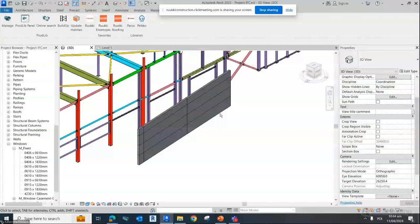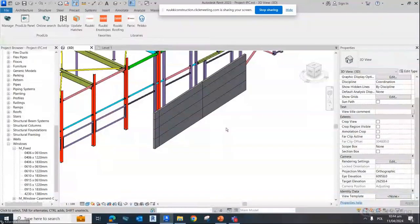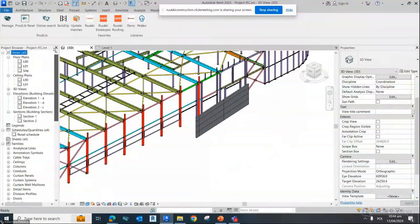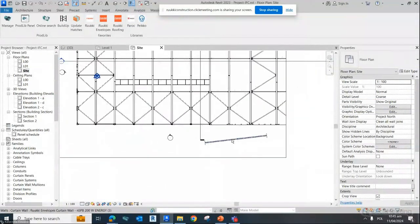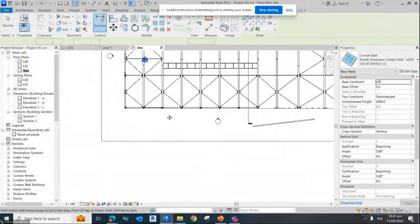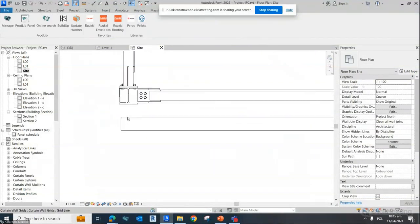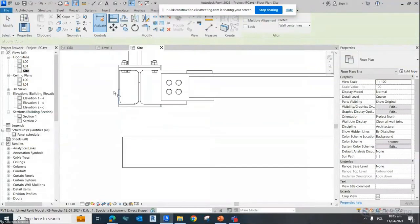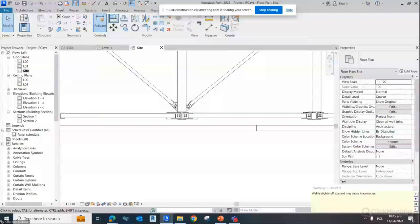For that reason, we know how dynamic the architect's world is. How many revisions do we have? How many times does the building change before it gets finalized? So we created libraries that should allow you to have freedom, have elasticity, and help you with the design. So let's go to the site view. Oh, that's not nice. Let's create a similar wall right here. Yeah, just a short element. Let's align it properly. Yes. And when we go to 3D again,